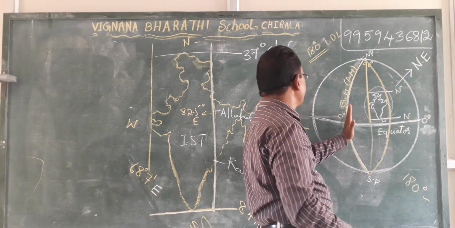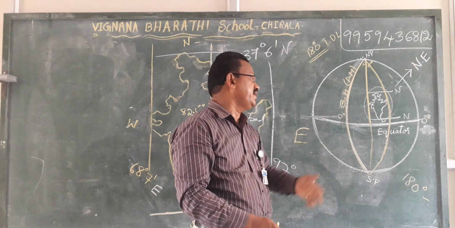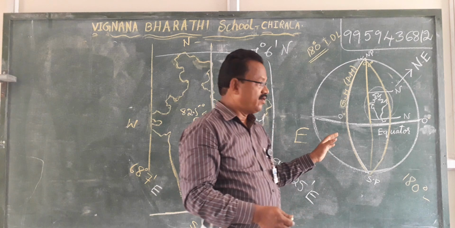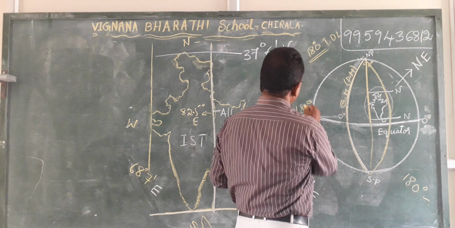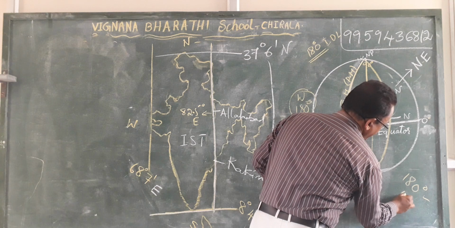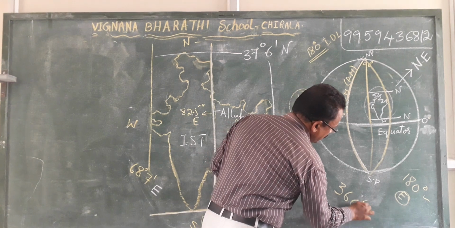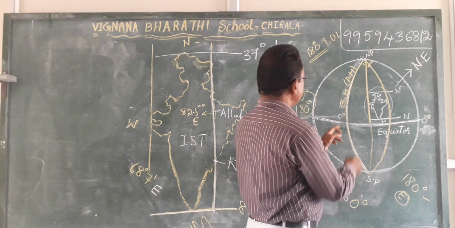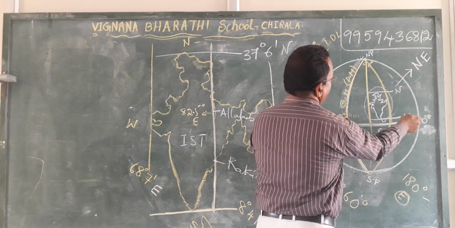At the same time, from 0 to westwards, from 0 to 180 degrees international date line behind this other side of the world, 180 west longitudes are there. Totally 180 west longitudes and another 180 east longitudes. Together 360 longitudes are there located around the earth. That is 0, 1, 2, 3, 4, 5 like this.